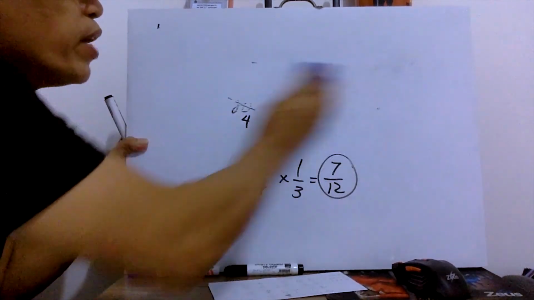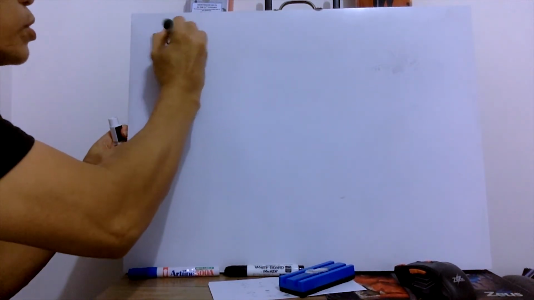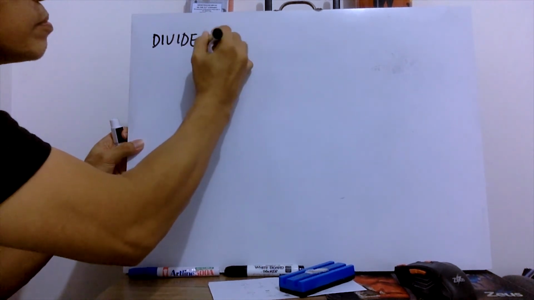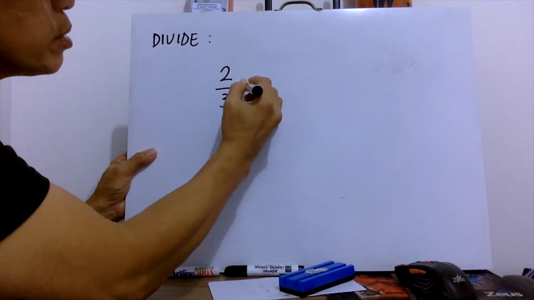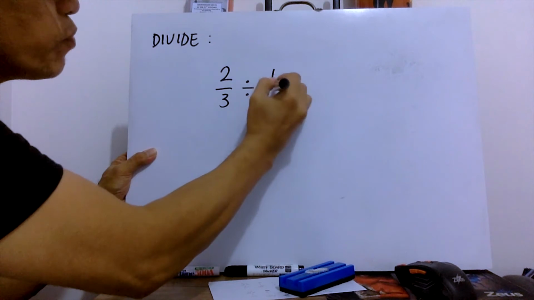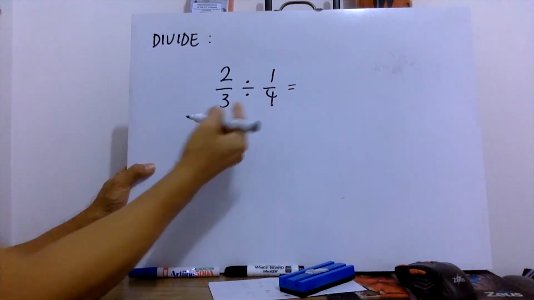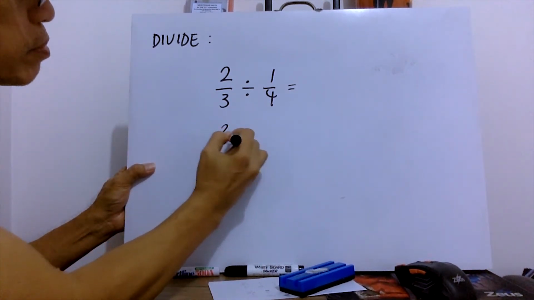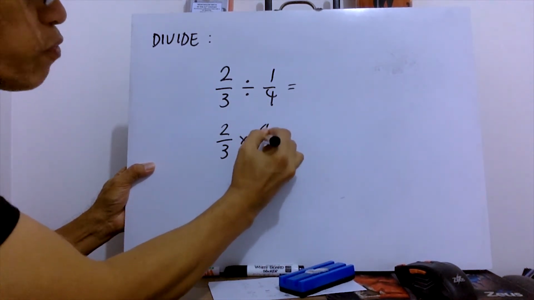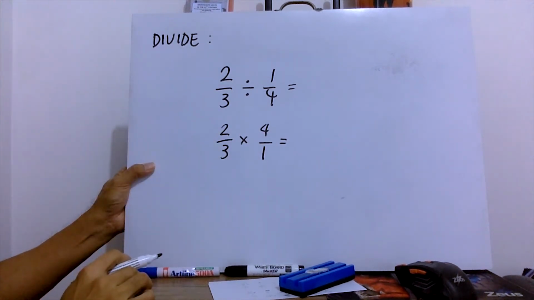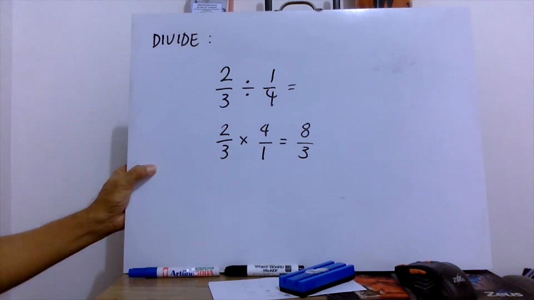Next, how do we divide fractions? Now we're going to divide. 2/3 divided by 1/4. Traditionally, again, we make this multiplication, but we get the reciprocal of the next fraction. It becomes 4 over 1, and then we apply multiplication. So 2 times 4, that's 8. 3 times 1, that's 3. That's it. It's 8 over 3, or